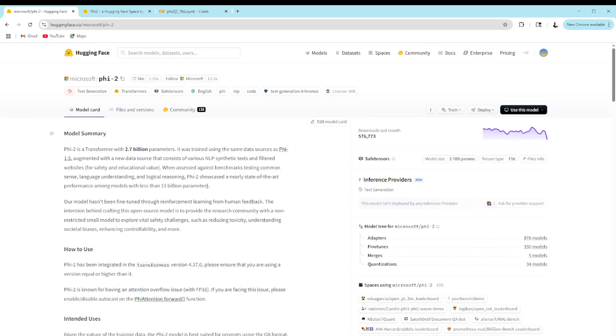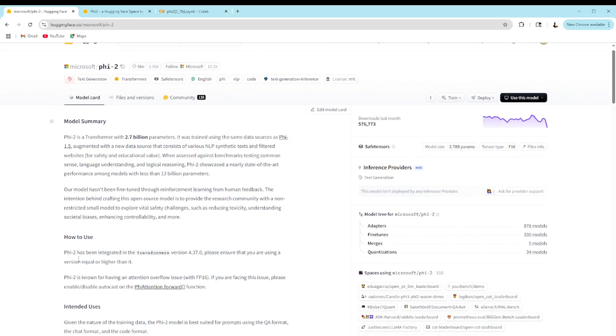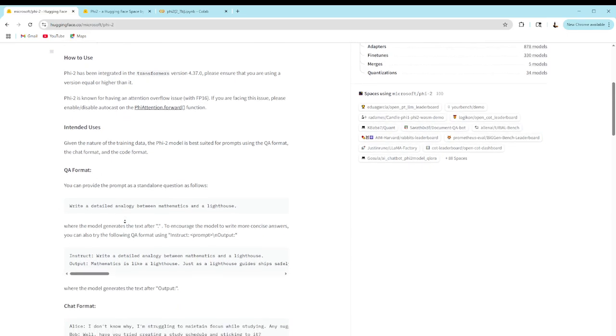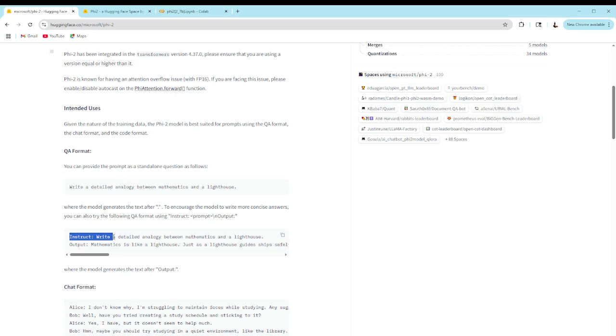It is generally very good for getting you to a starting point if you don't know what you should start with for something. In general it can do the Q&A format, which it tells you right here.